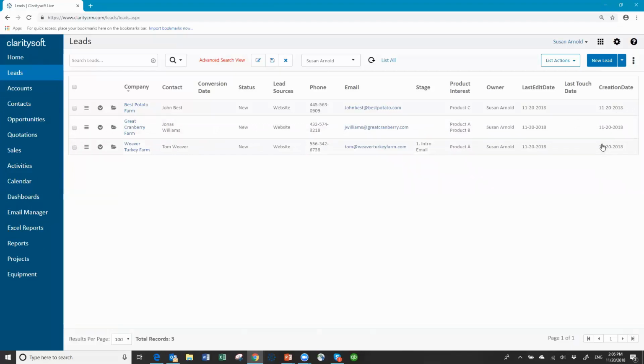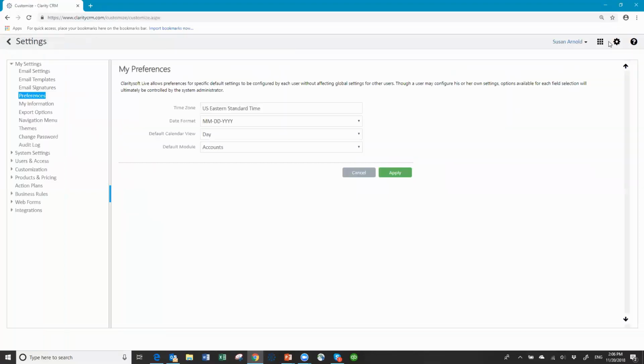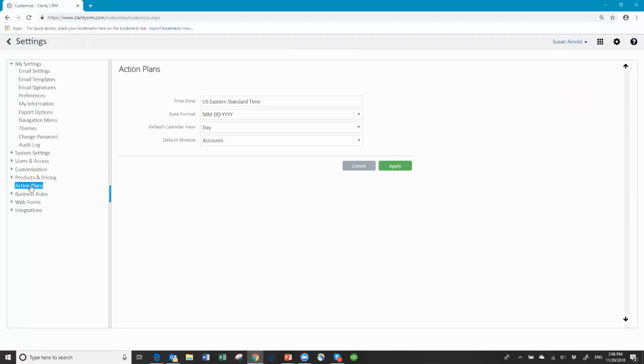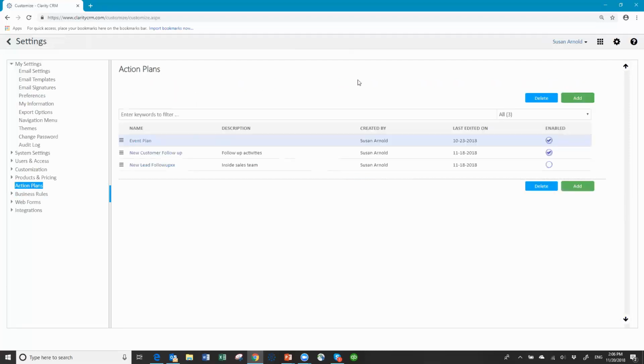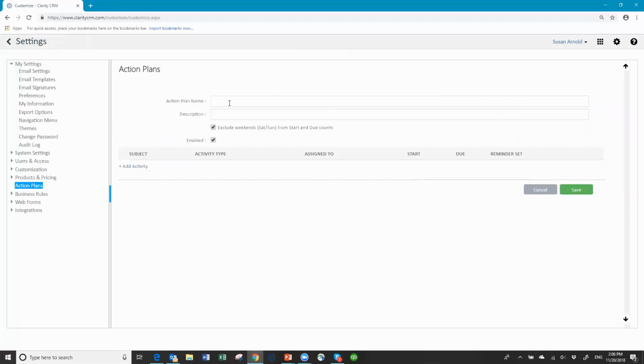Now, to build the action plan, you go to the settings, and then on the left you will see action plans and business rules. So if you have it turned on, you click on action plans, and then you click the add button. So the first thing you want to do is give your action plan a name. So we can call this new lead